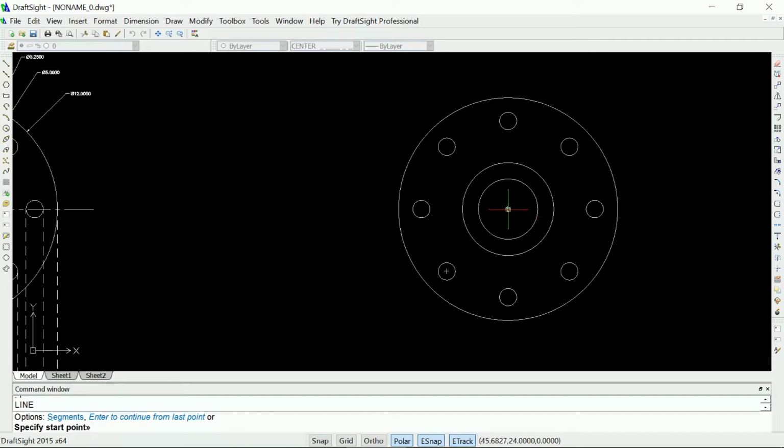And what I'm going to do is select the center point of that, and remember we have E-snap and E-track. What it will do once you select the center point of that circle and it has a little pop-up that says center point, then you can go up and select a point